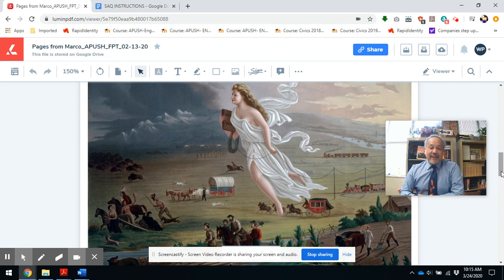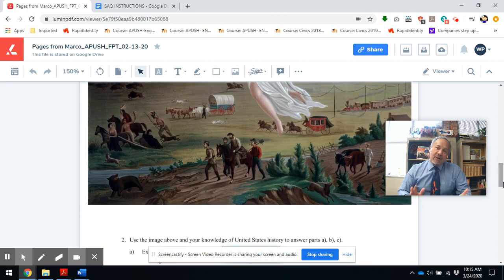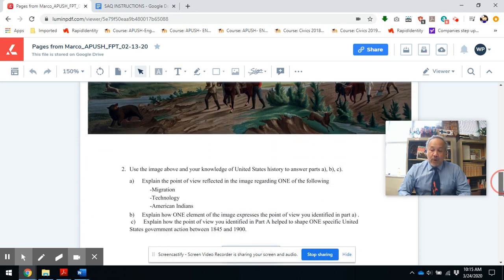That this is manifest destiny, the divine Columbian lady leading the United States into progress. It's been dissected before, so it should be a fairly straightforward thing. And this is what usually would happen: you have a cartoon, a painting, some kind of map or something that you need to interpret. So what do we do?